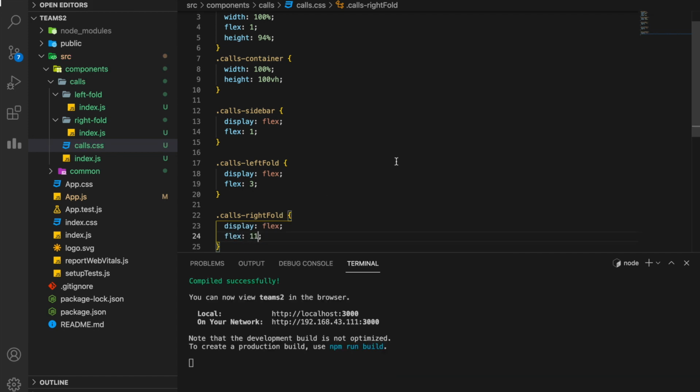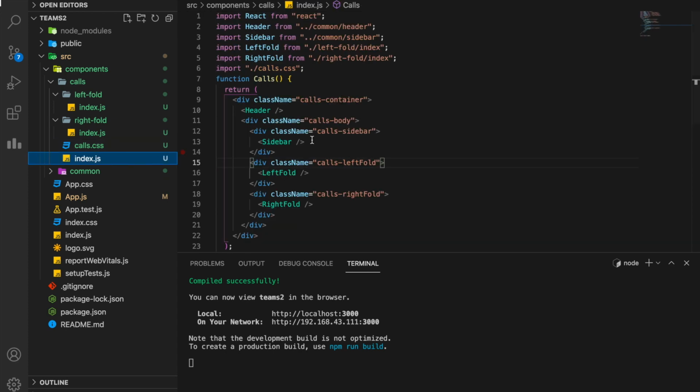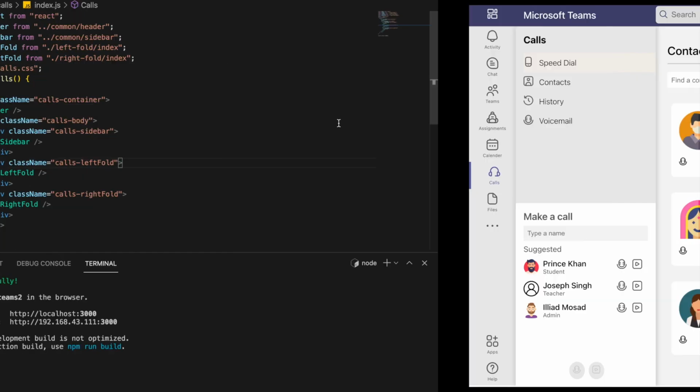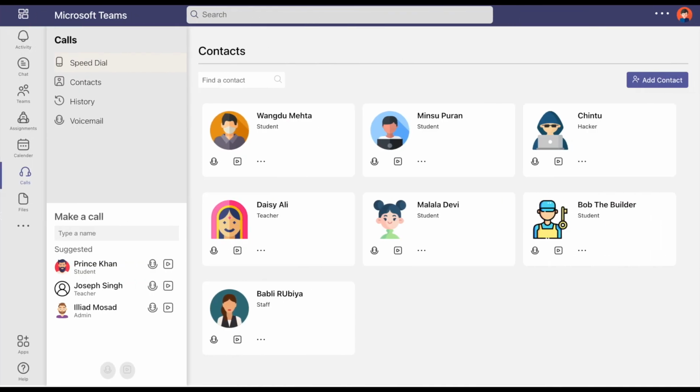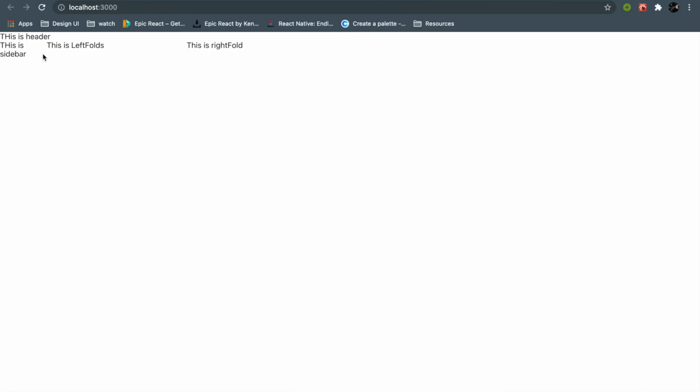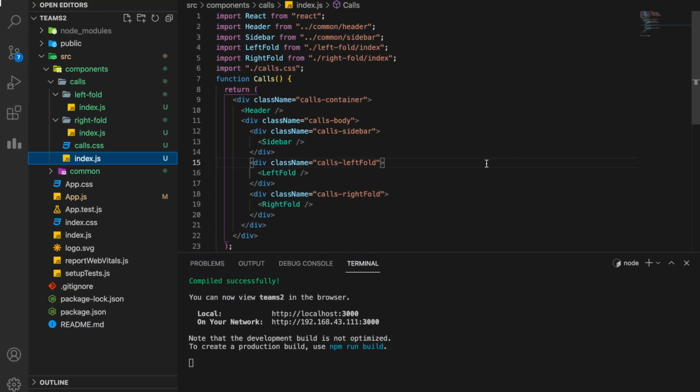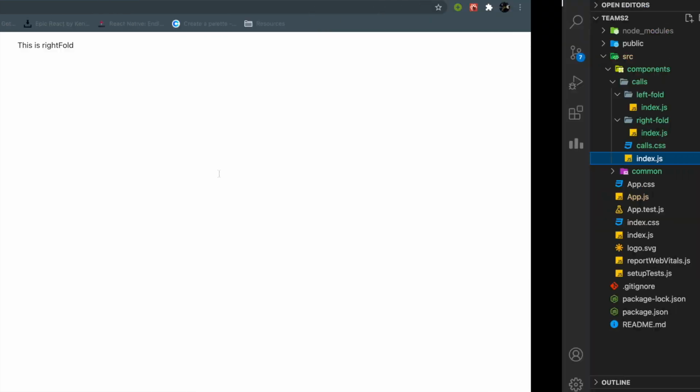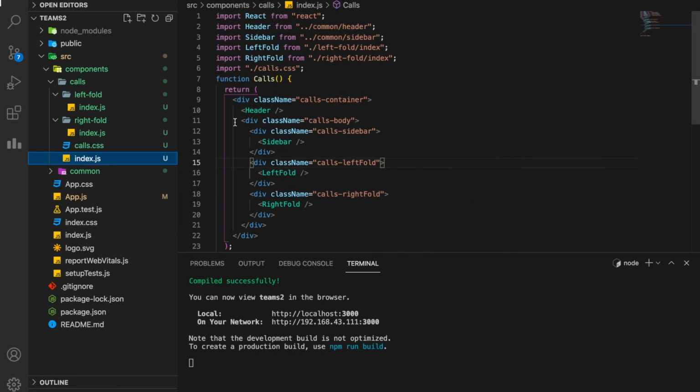Now what is happening is that my whole calls body is divided into 3 parts: this sidebar, this left fold and this right fold, and the ratio is 1:3:11. So as you can see, my sidebar is still here, my left fold is still here, and beyond that it's all my right fold.